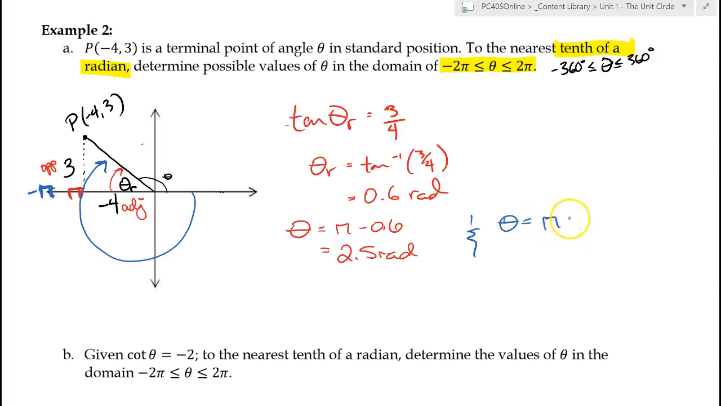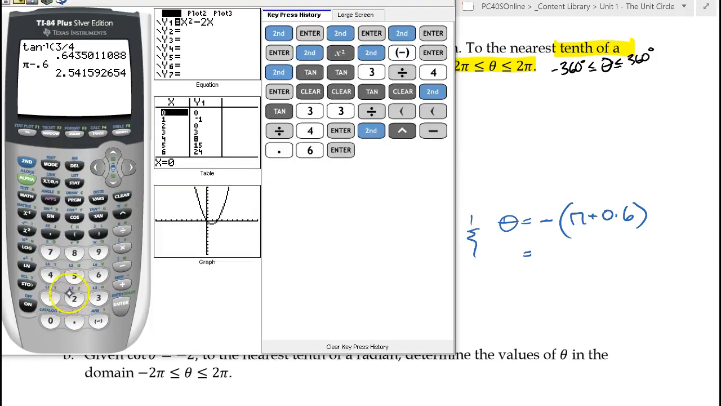So go pi for negative pi, and then additionally subtract 0.6, whichever way you want to think about it. Or you could think about it as it's all negative, but it's pi plus 0.6, whichever one makes the most sense to you. I typically would think about it like this, but others would prefer the negative pi minus 0.6 still, in which case it gets me